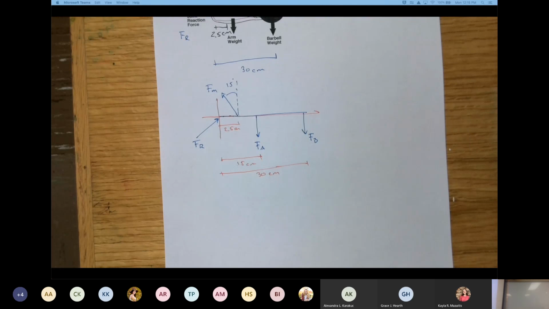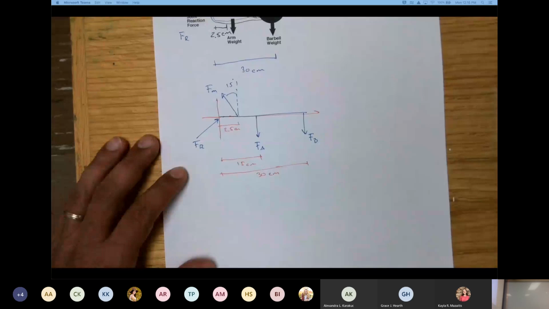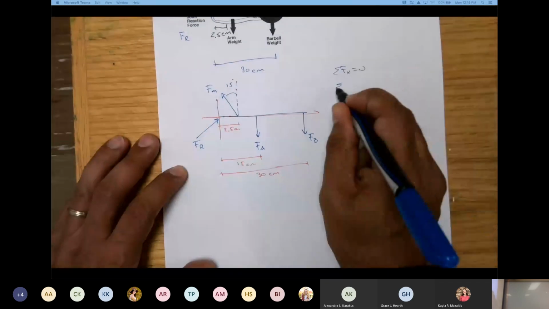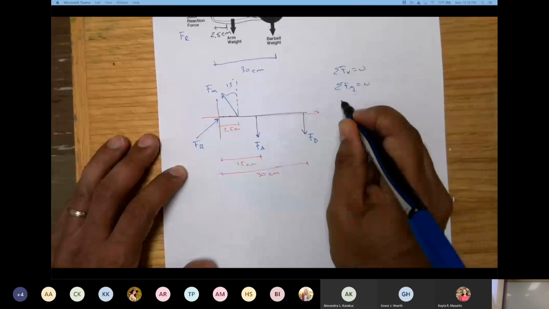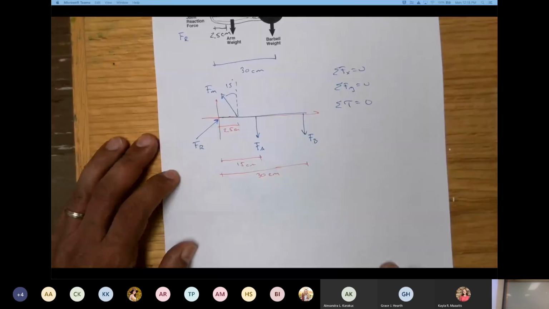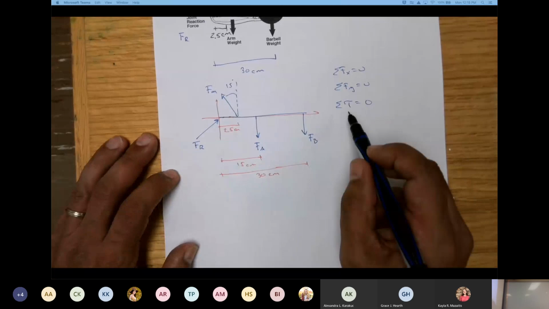Okay, so these are the forces that you have. This is going to be the frame of reference, and with these kinds of problems, we only have 3 equations. There's no more. Even though it feels like we have seen a bunch of equations, we have only seen 3 equations. All the forces in X are equal to 0. All the forces in Y are equal to 0. And all the torques have to be equal to 0. Okay? I'm going to be working with the torque right now.